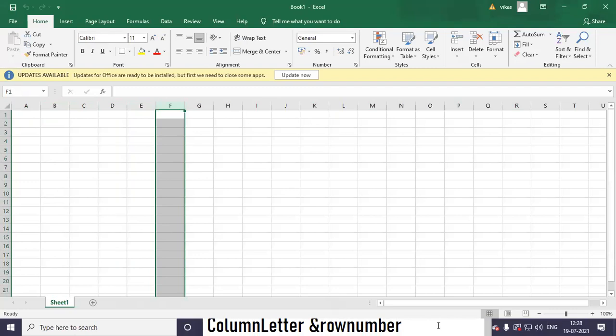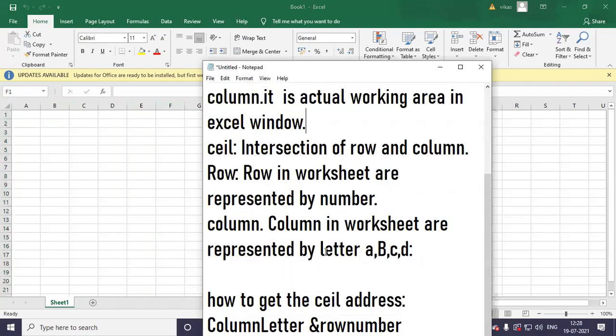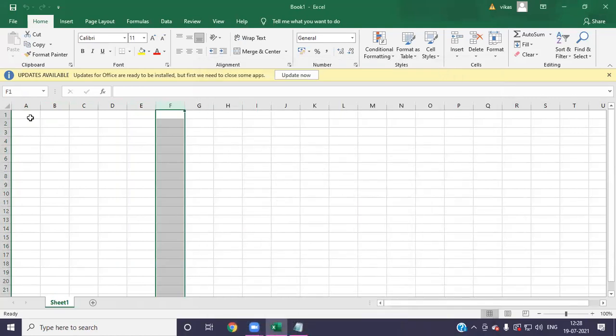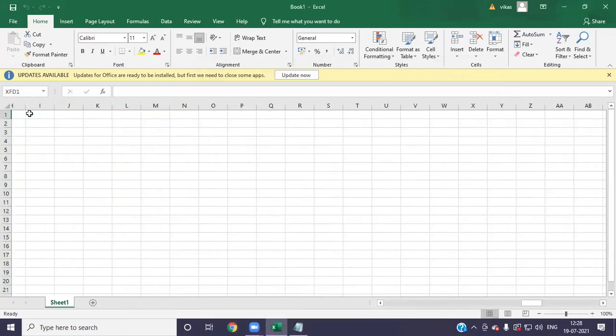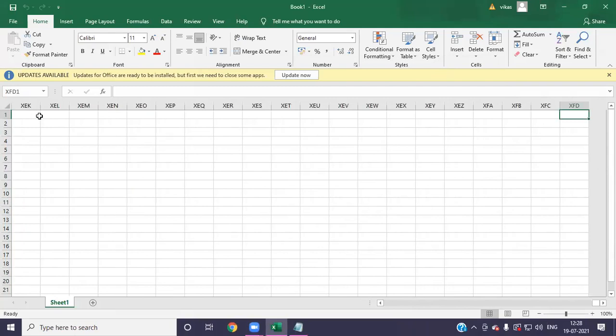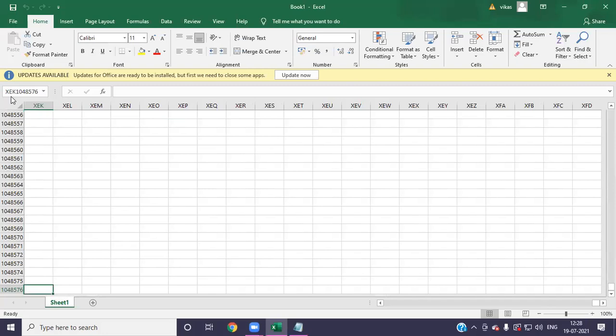Now, how to get the cell address? I told you first we have to write the column letter, then we have to write the row number. Normally, one question they ask is how many columns and how many rows are there. So look here, that much is the total number of rows.